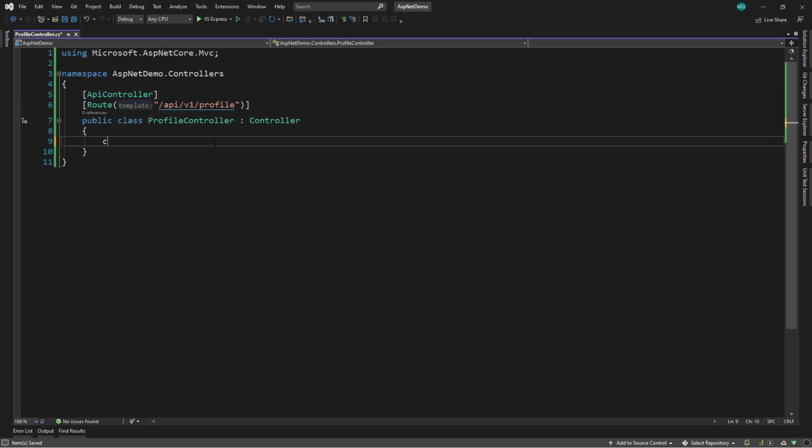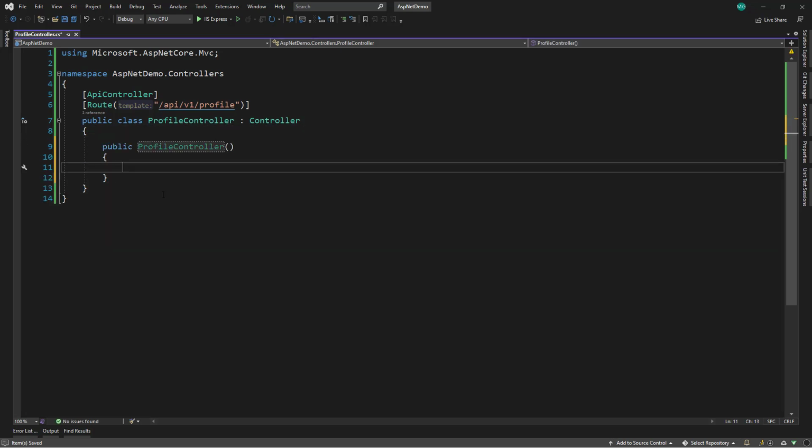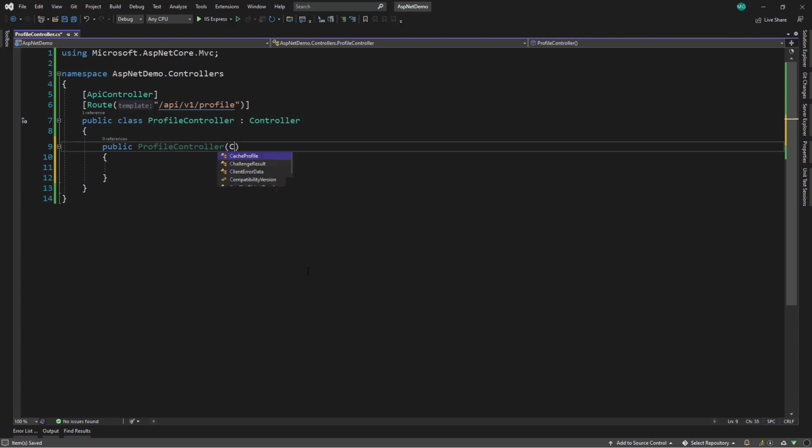Within this brand new class, let's start with a constructor, ctor and tab. I think that's a little shortcut from Visual Studio, maybe from JetBrains. Either way, create a constructor here. Now that dependency injection library makes a couple of objects available to me here in the constructor. I just need to add them as parameters, and it'll automatically inject them. So I'm going to ask for two things. One is a cluster provider,